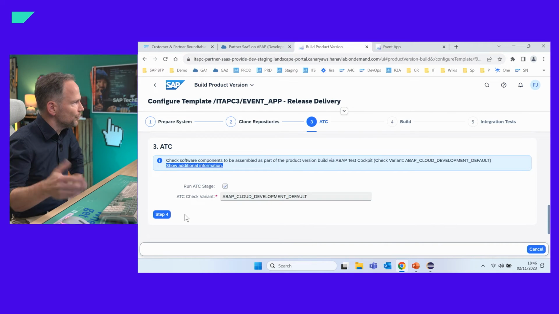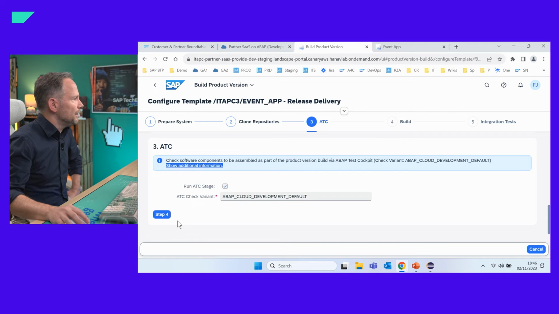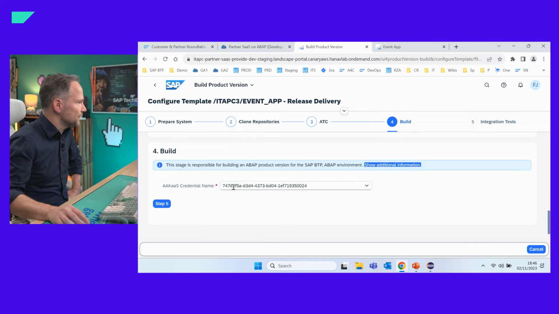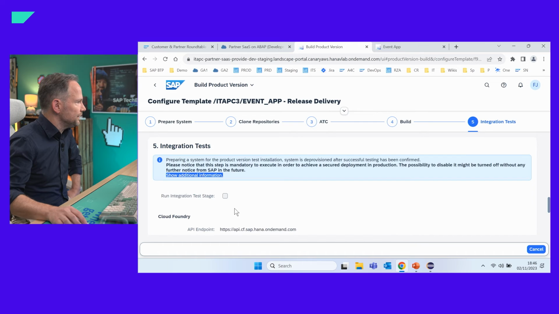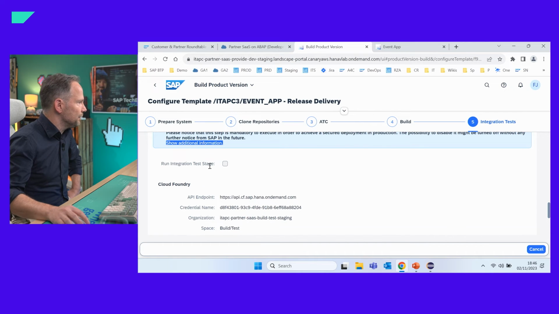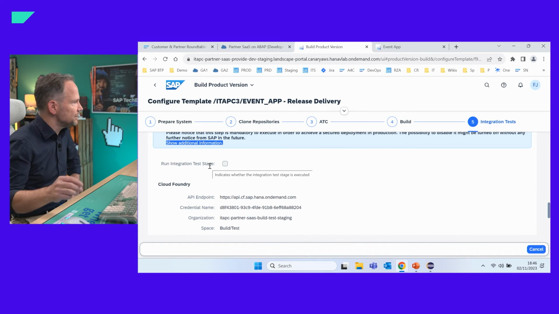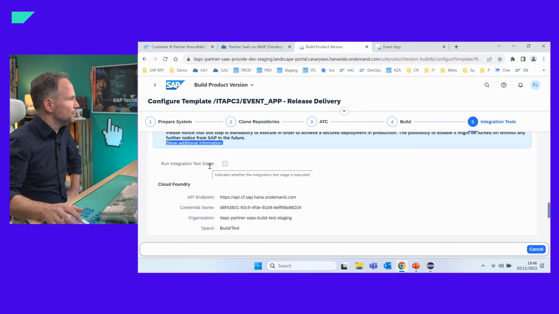This would, of course, stop the build process. I can also define parameters for the CI/CD service. And last but not least, I can even configure whether a complete integration test should run, which creates a new system together with an add-on installation.